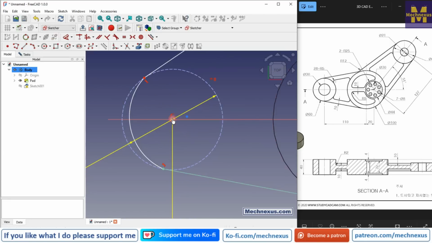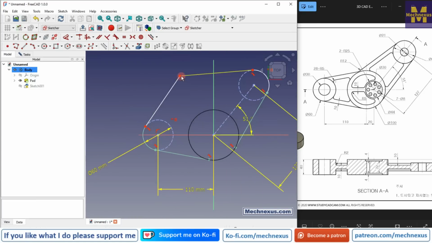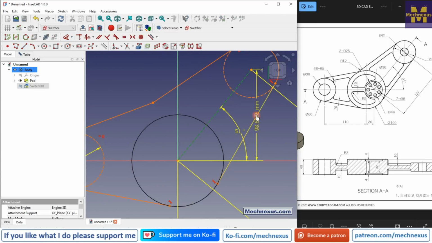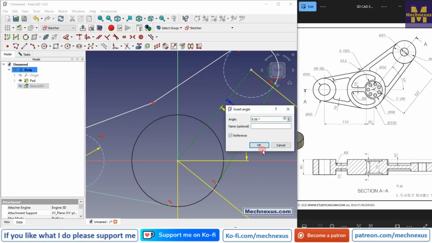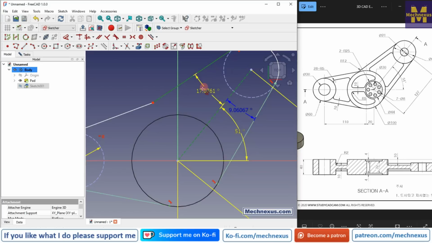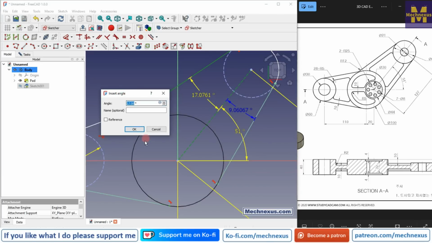Now the first thing which I will do is to make the center coincidence, and now this point is free. So we will give one reference dimension between this and make it a reference, and we will make this and this angle the same. So here we will give the same angle, 9.06067,